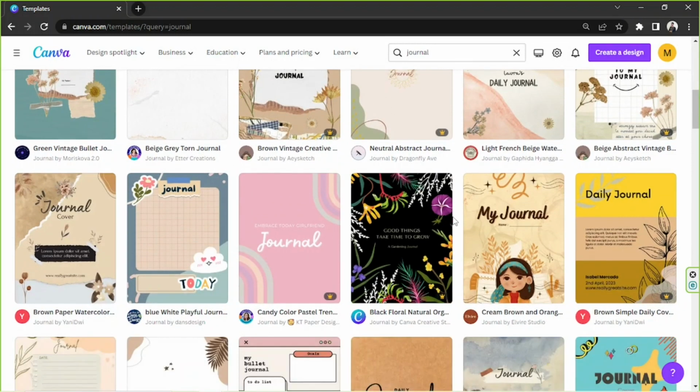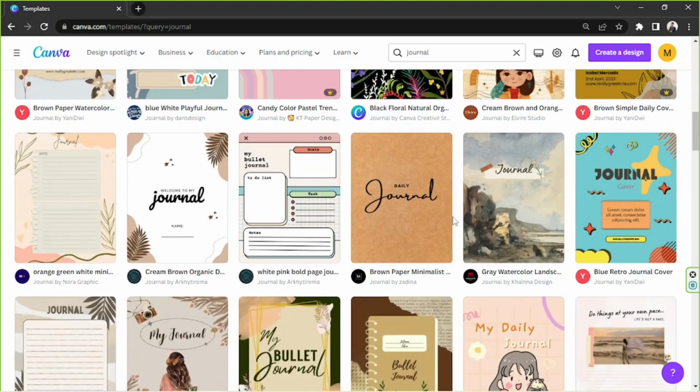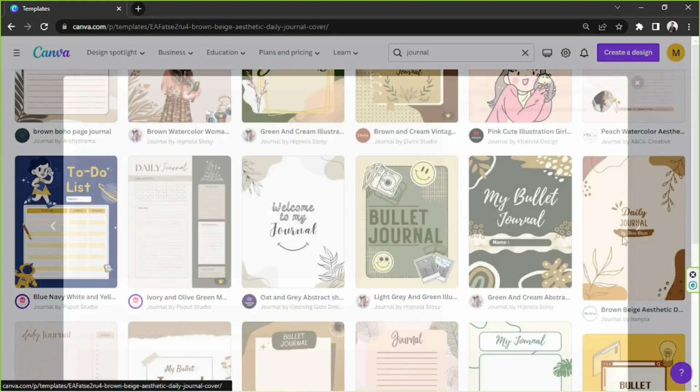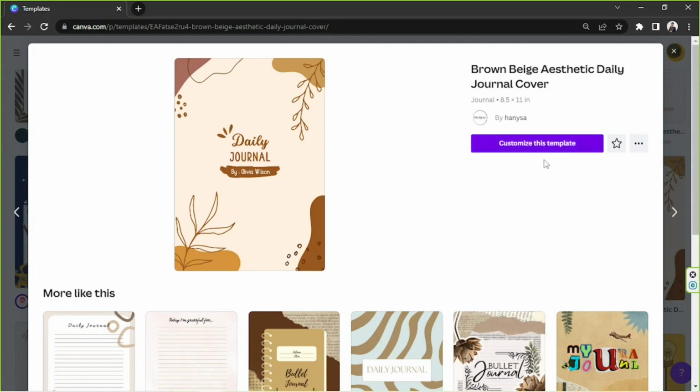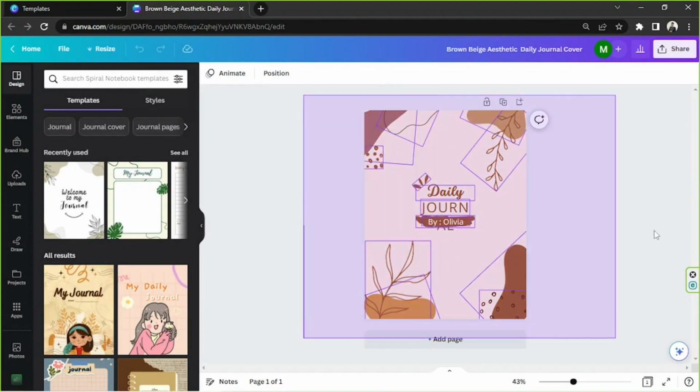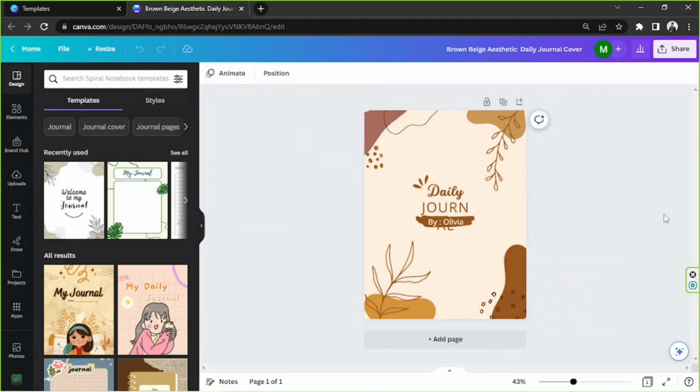Feel free to choose any template you'd like to use for your journal. How about this one? Once you choose one, click on it and click on Customize this template. And here we are. In case you'd like to change your template, you can always do that by going to